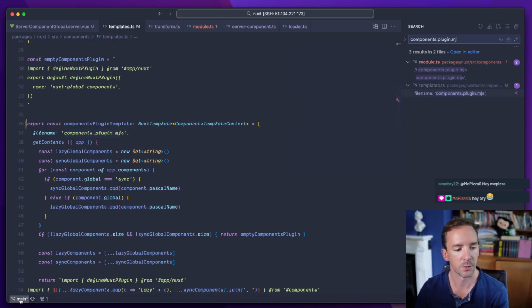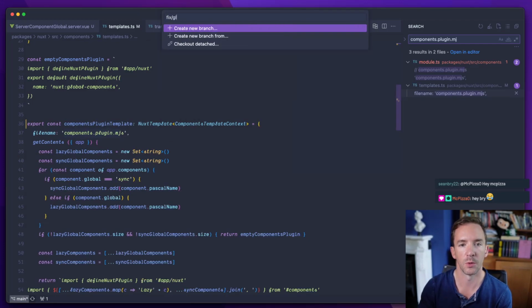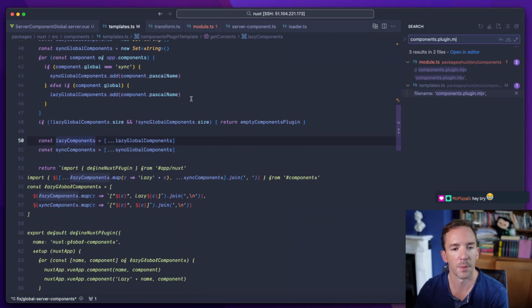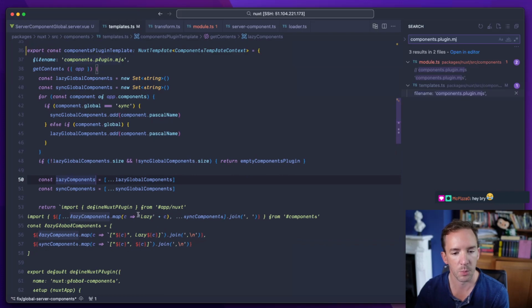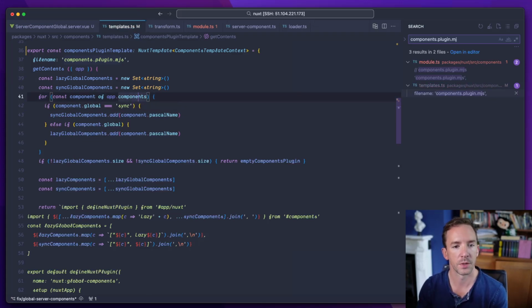And we should probably create a branch to fix global server components. And so probably what's happening is we are importing it from lazy. So maybe we could try a sync import, or we could